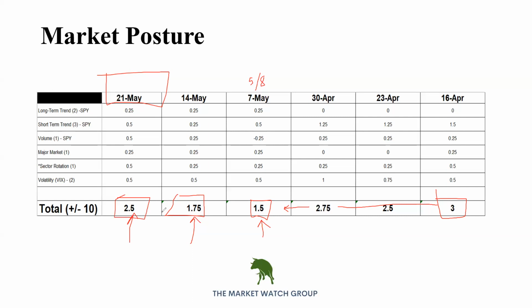I've moved out of neutral back into the beginning parts of bullish territory at a 2.5. Is it extremely strong? No, but it's coming from a previous period of strength that never really got too damaged. So I feel pretty comfortable assuming that I'm back in this. It's not 4s or 5s yet, but it's 2.5. Now, remember, it does get to 4s or 5, but at this point, we haven't gotten there yet. Things are just really starting to come into their own again.